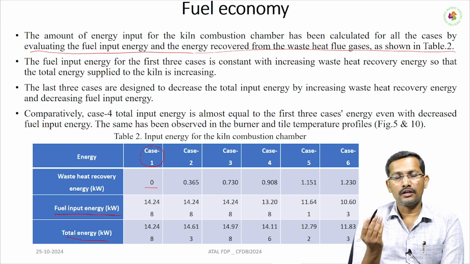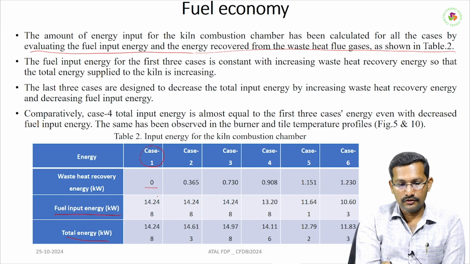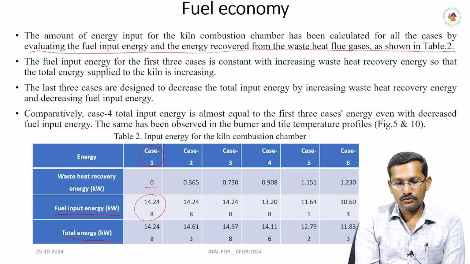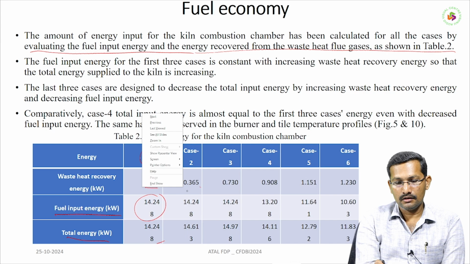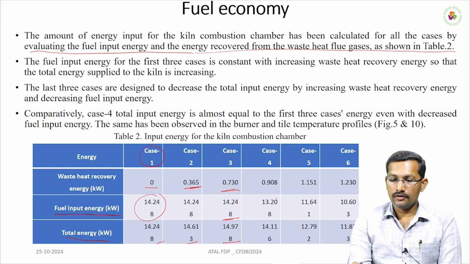That means we are not utilizing the waste heat which is passed away from the chimney. This is the fuel input energy, the highest is 14.248, and this is the same. In case 2 we are using 0.365, and here there is a little increment in total input, and here also the same. Okay, this much is the waste heat, and finally this is the last case where we are reducing the fuel input